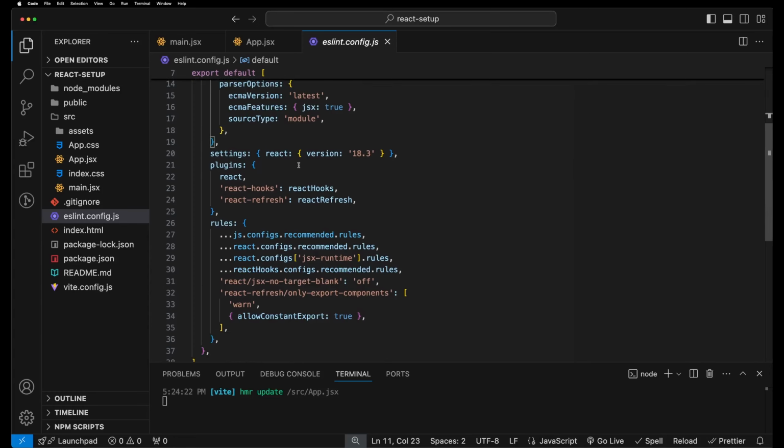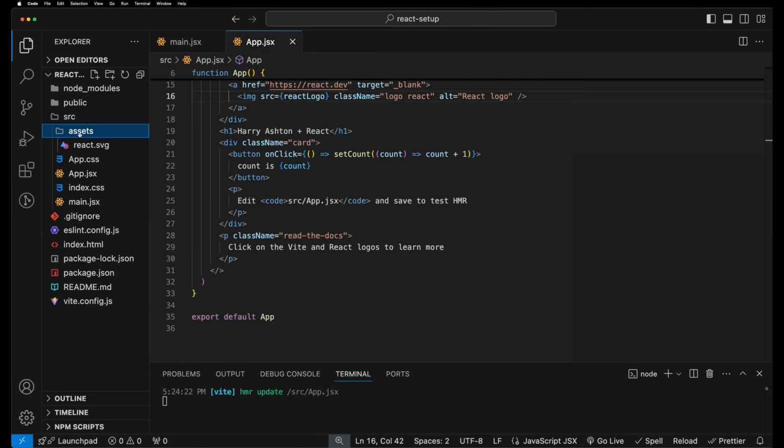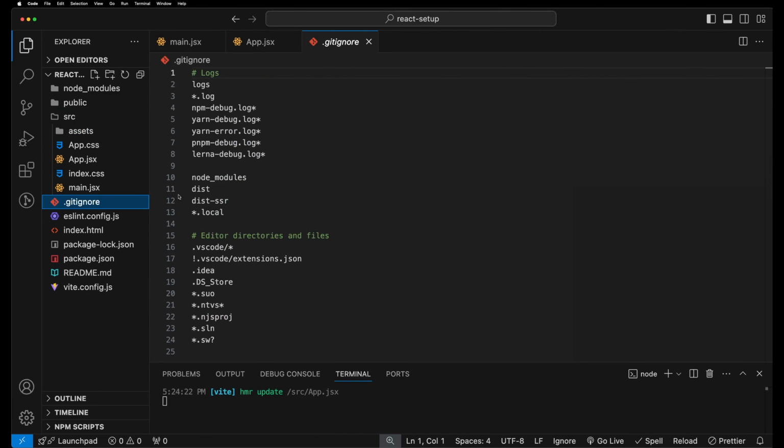So you don't need to worry too much about it unless you want to be a bit brave and go ahead and change some of these settings to be a bit more lenient or to suit your needs. But that's essentially what ESLint is, and it's probably worth doing some research into it and different presets that suit your needs. Aside from that, we have some assets within the source folder, and then obviously the git ignore file,